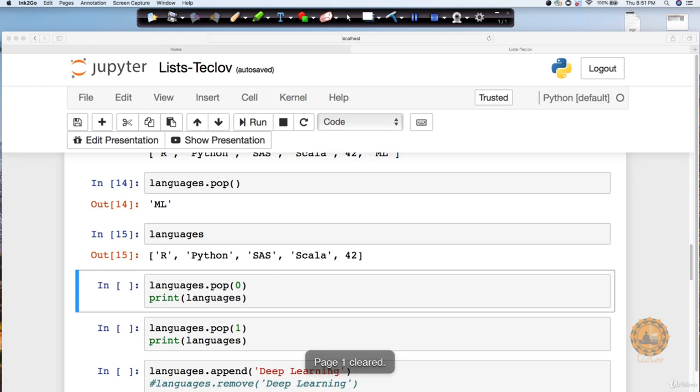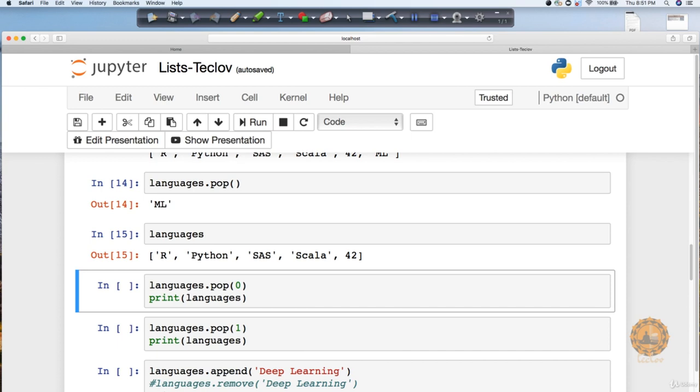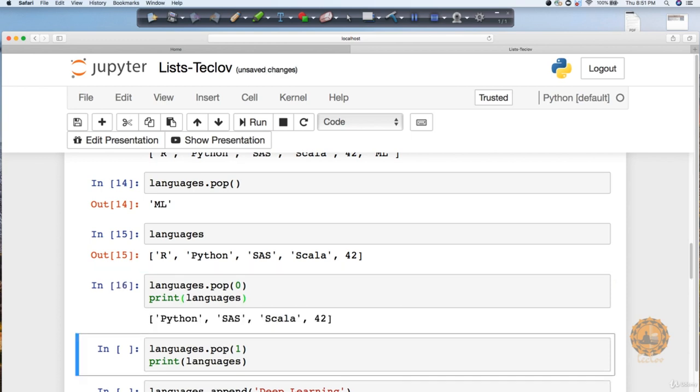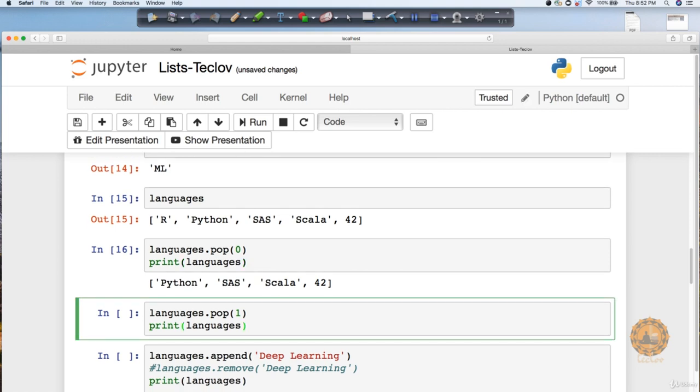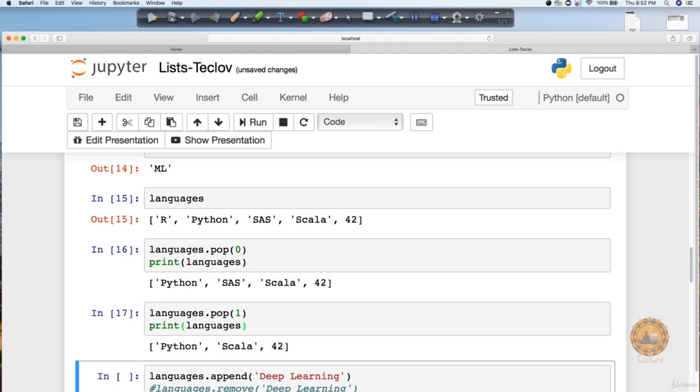Here, if I execute this statement, you will notice that it takes out my R. So now I am just left with Python, SAS, Scala, and 42. Now, if I say pop(1), just to show you one example, it is going to pop out my first element.